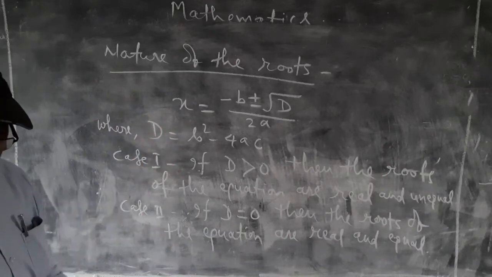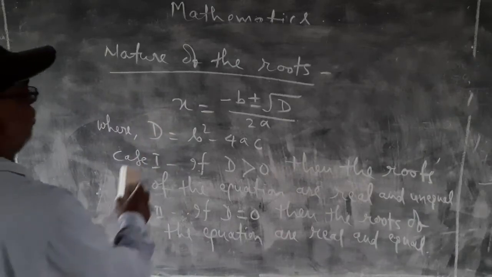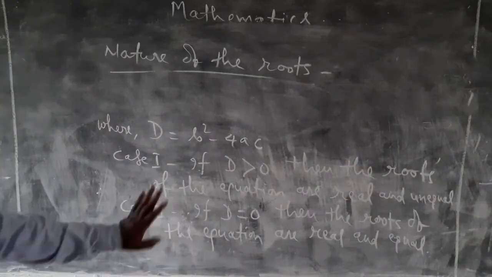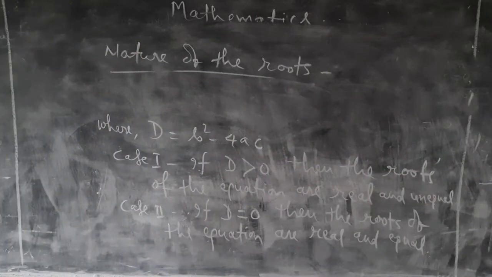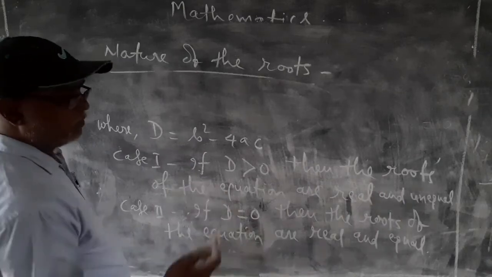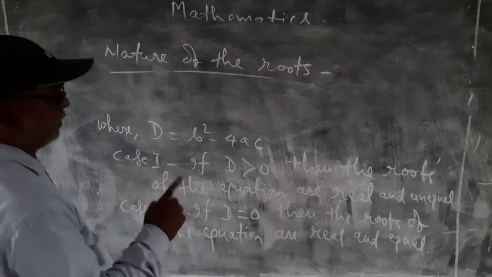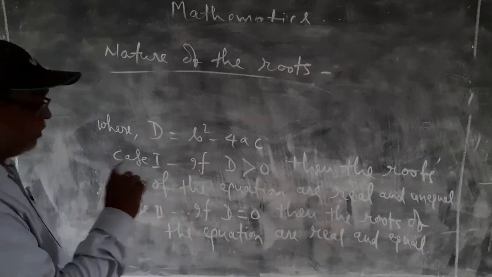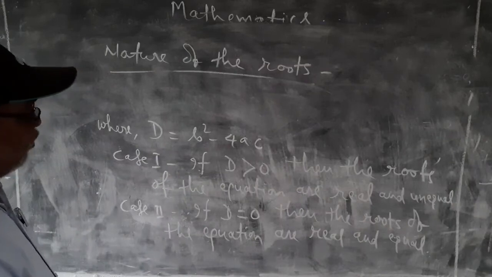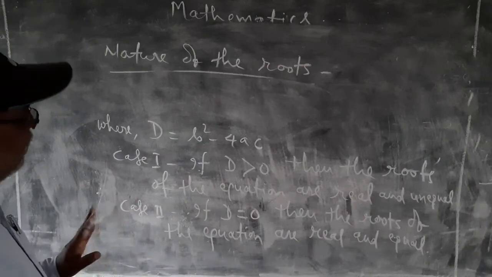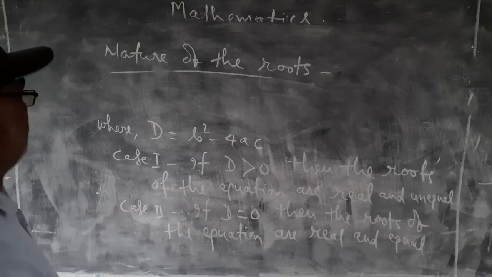equation. In the case of a quadratic equation, there are two roots. Therefore, both the roots will be equal. If d equal to 0, if the discriminant equal to 0, then the roots are equal, and both roots are real also. The same roots are obtained. That is the real root. One real root is obtained, and the value of the roots is the same. Actually, there are two roots, but their value remains the same.